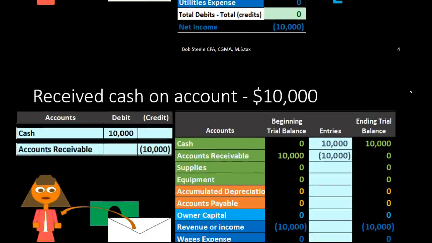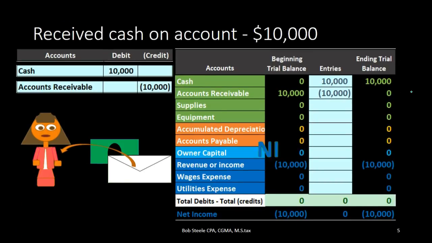What's the effect on the income statement? No effect on the income statement, no effect on net income down here, revenue minus expenses. Why is there no effect on the income statement from this particular transaction? Because we recorded the $10,000 at the beginning when we earned the revenue. Therefore, there's no transaction here from the journal entry in terms of a revenue or expense account, and we're left with that same $10,000 of revenue that we had prior to the journal entry.